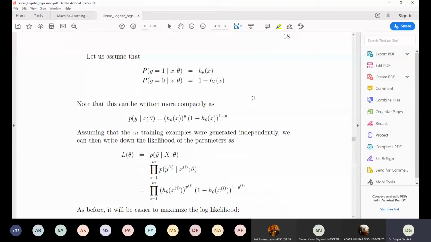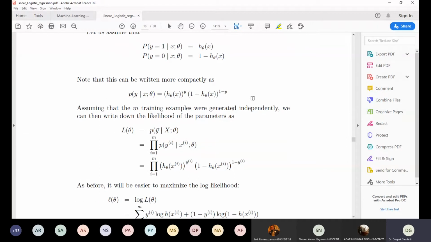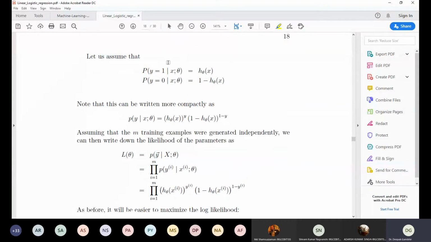So in this case, we will need to compute the log likelihood of this function. Now, how to compute the likelihood first, and then we will compute the log likelihood. What we will do, we will write the probability of getting 1 given x parameterized by theta is equal to the hypothesis of x, that is true, and the probability of getting 0 given x parameterized by theta